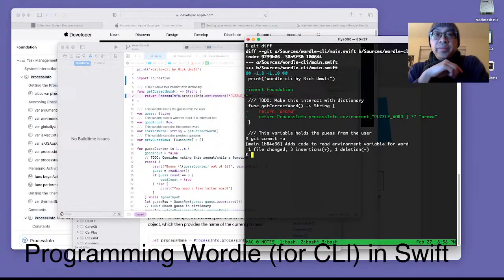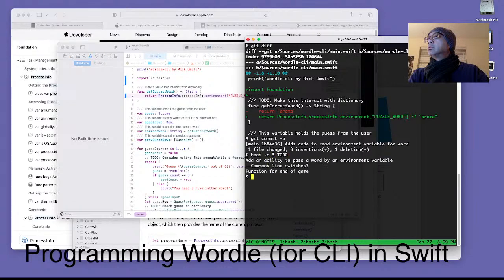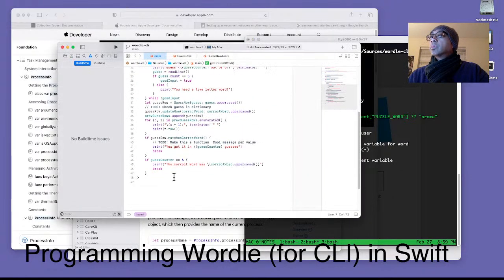So that's one thing I've been thinking about offline, is just adding this environment variable. Open up this to-do, and I think it was like 3, 2. Yeah. And the other thing was, this is ahead of the dictionary, is